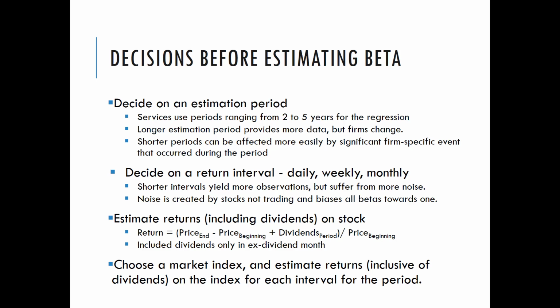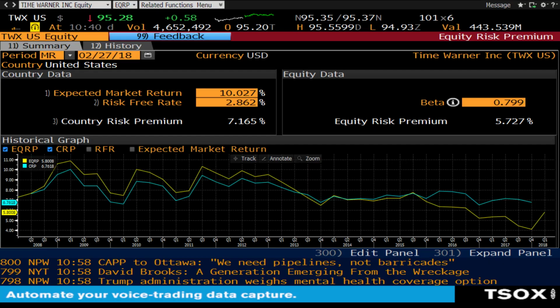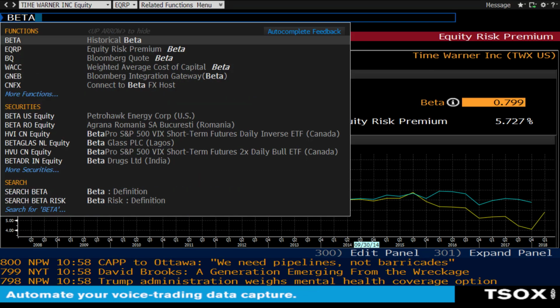The second shortcut people would say is that when you use a regression beta, you should have 60 observations. That's a general guideline, which means that if you want to use monthly returns, to get 60 observations, you need to go back 5 years. If you use weekly, then you can go back 2 years or 5 years. But again, because you need 60 observations, if you want to use monthly returns, you need to go back 5 years. And then finally, what you need to do is choose a market index and estimate the returns on the index. So the idea here is, again, we're trying to estimate relative risk. So if I go back to Bloomberg and I go to the beta page,